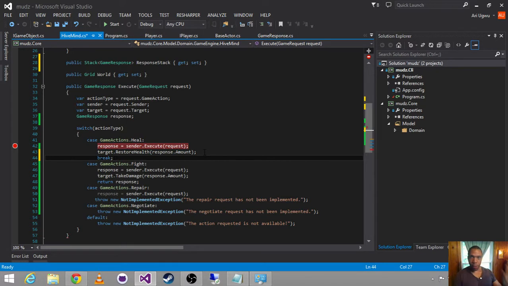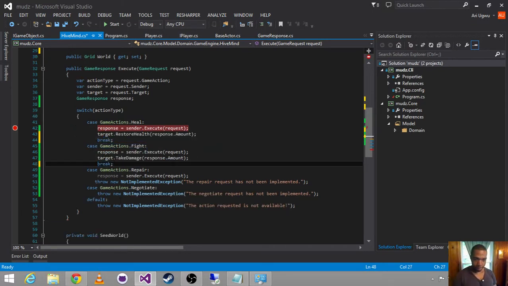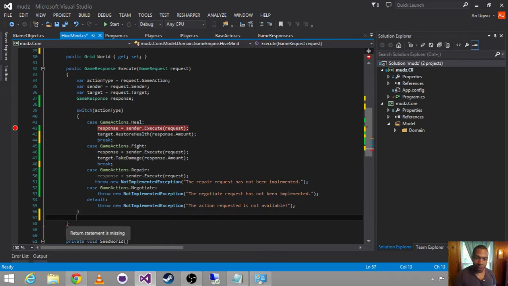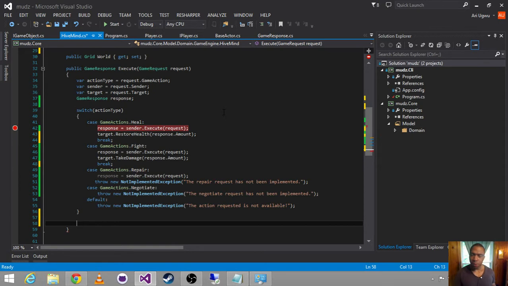And so breaking will take you out of the switch statement, and so we're not returning out anymore. And so now we got a little red squiggly that says, hey, the return statement is missing. Well, it's by design, because now that we've got a response, we want to go to our